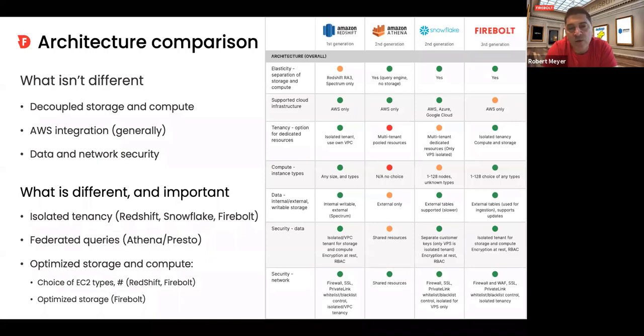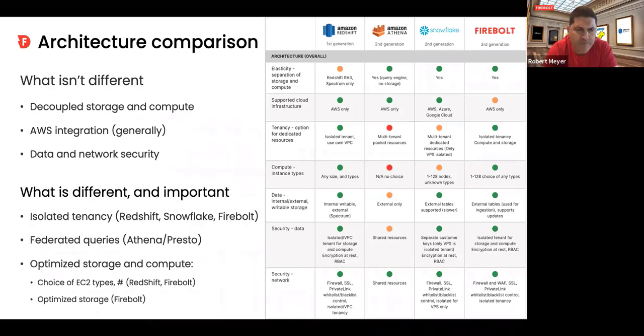I don't think data and network security is going to make a difference. In my own personal experience, doing a little bit of a teardown and understanding, how does the role-based access control work? What kind of SSL termination does it support? How does the firewall work? How do you control access into the VPC? That stuff is pretty similar. Amazon does a reasonable job of looking at the vendors and giving them advice too. So I don't think that's going to make a difference. I think the certifications for regulatory requirements will.